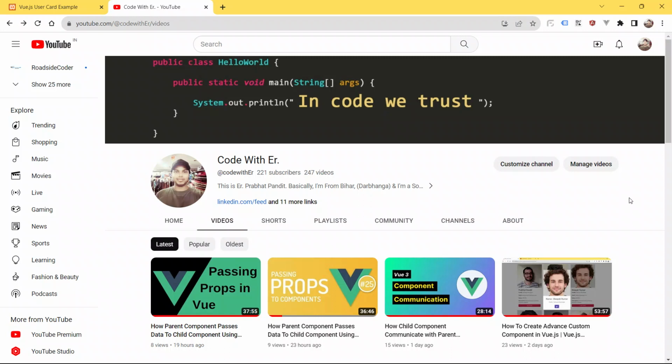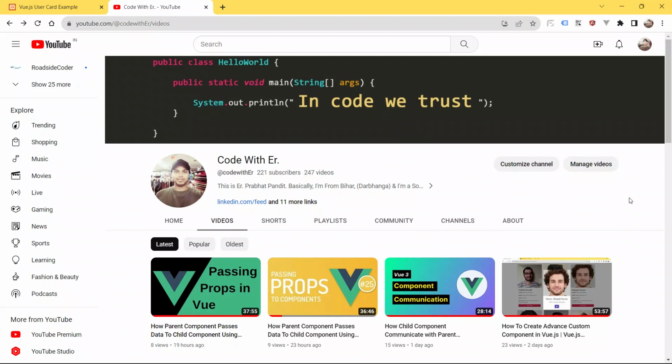Trust me, if you want to become a great Vue.js developer, a great front-end developer, you must know what a props is, how to define a props, and how parent and child components use props to send data between each other. In this session, we're going to learn what a props is and how one component can use the props to send data to the other component. This will be a really quick, short video, and very basic about the props.